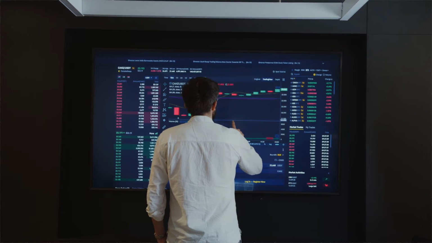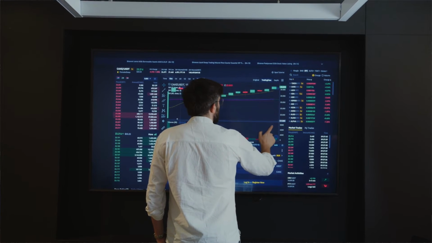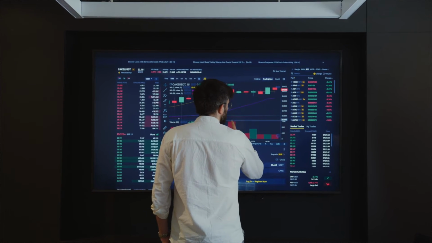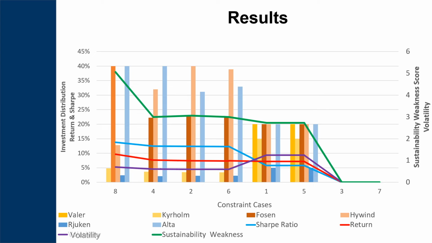Multiple scenarios can be done with different sustainability limits to assess if the decreased impact is worth the potential loss of revenue. In the end, we ran 6 renewable energy projects through our model. It was the Hvaler and Sherholm solar power plants, the Fosen and Hywind wind power plants, and the Rjukan and Alta hydropower plants. On this image, you can see the 8 different scenarios we ran them through,